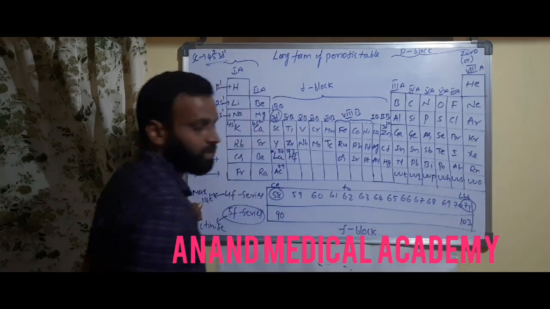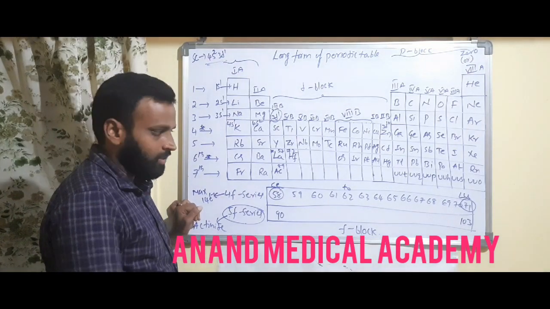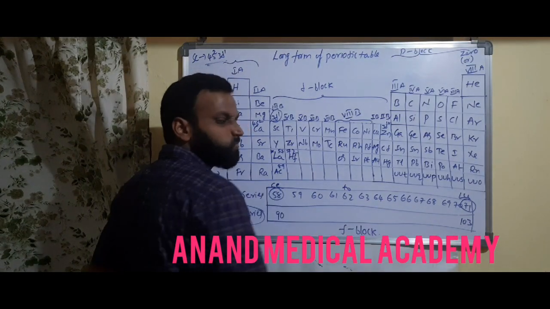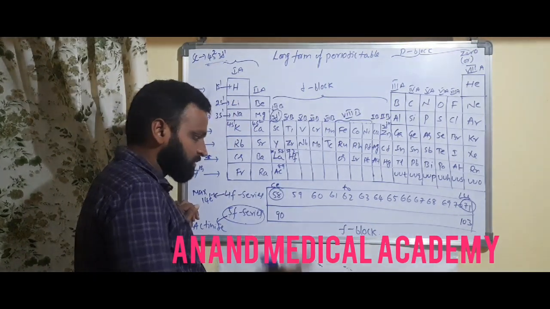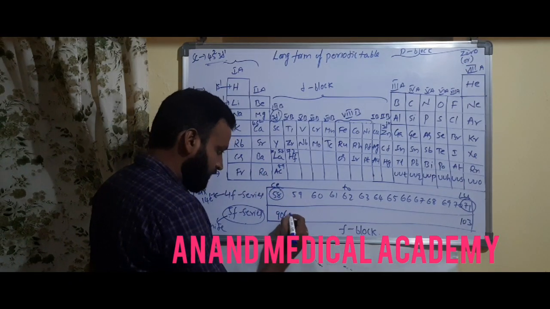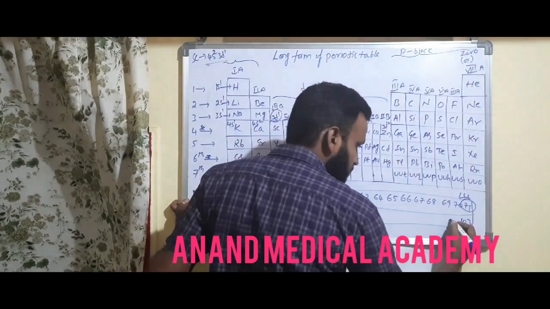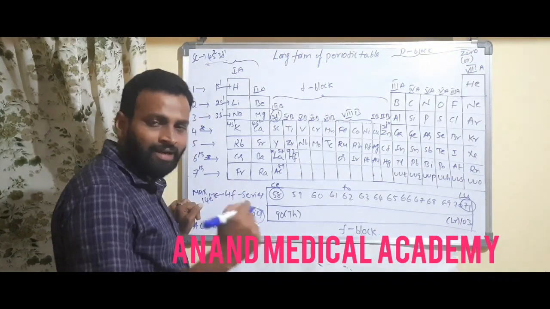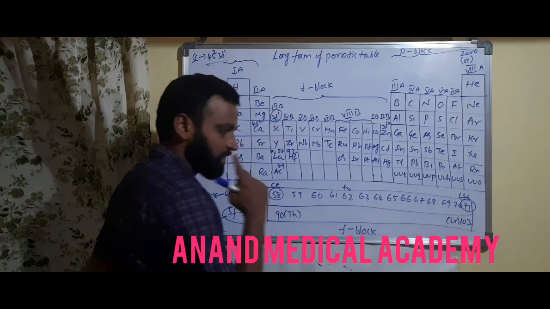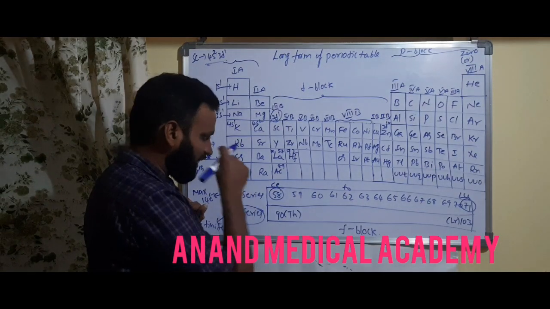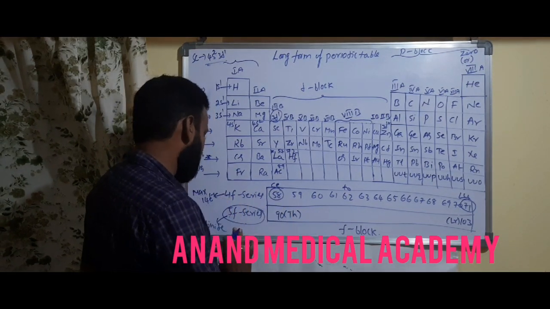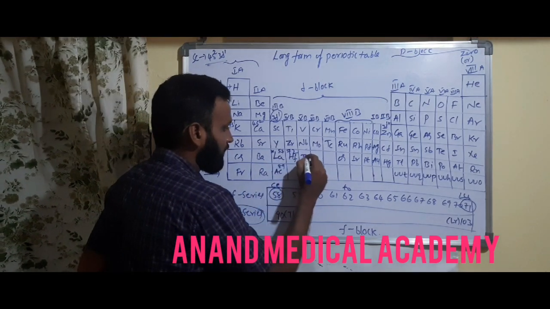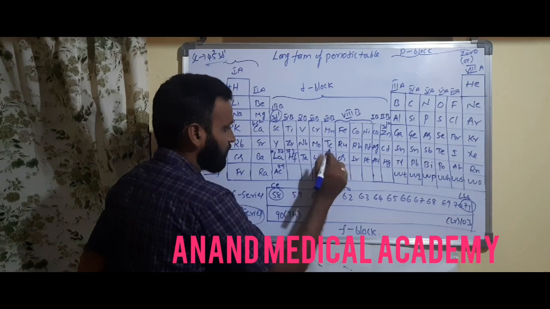90 to 103. Getting what I am saying? Those 13 elements and this is one. The total 14 elements. Getting it, 1, 2, 3, 13. Getting what I am saying? So the 90th element is what? Thorium. And this 103rd element is what? Lawrencium, Lr. Okay? Listen and write down. This is thorium, that is lawrencium. Okay, so you have what? 4f series you have, 5f series you have. So here lanthanum you have, and hafnium you have, and tantalum you have, tungsten and rhenium, Re.